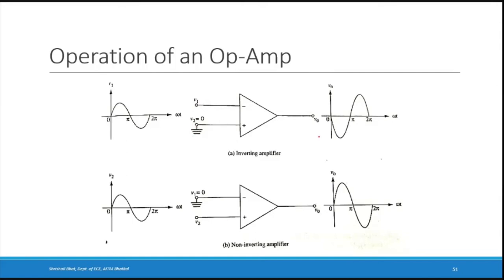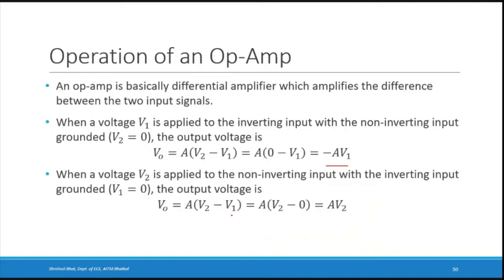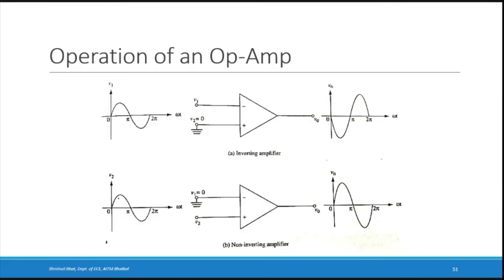Whereas if you connect the input to the non-inverting input terminal, it is a non-inverting amplifier. Here you have connected the input V2, which is a sinusoidal wave, and you have connected the ground to the inverting input terminal. Then what happens? The output will be A times V2. That means it will be in the same phase. Whatever positive half cycle you had here will remain the same, and the negative half cycle from pi to 2 pi as well, and it will be amplified by a certain factor A, right? So this is the basic operation of an op-amp, of how you can connect inputs to either of the two input terminals, that is, inverting and non-inverting input terminal.